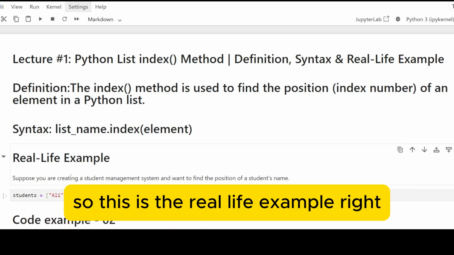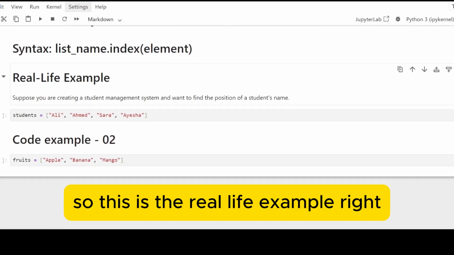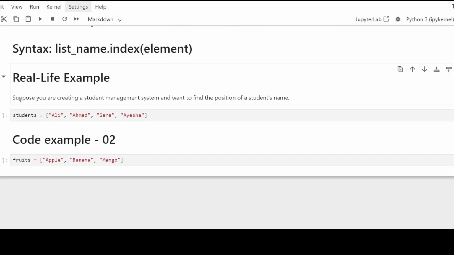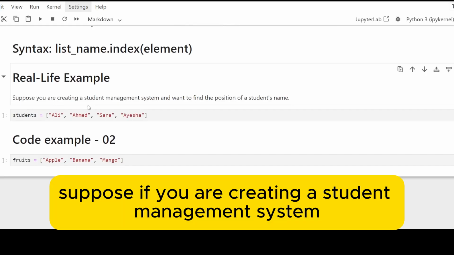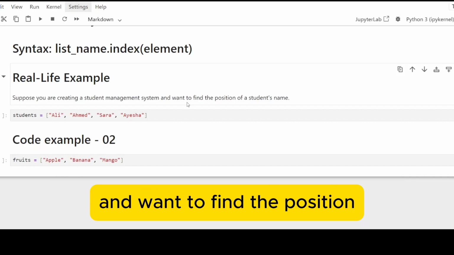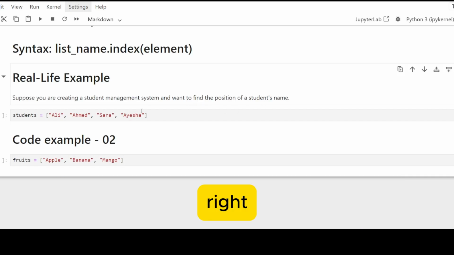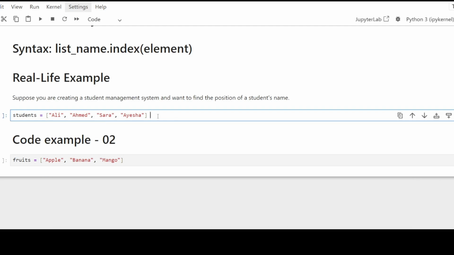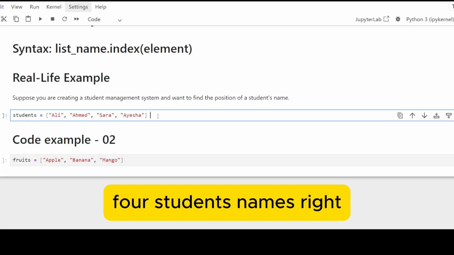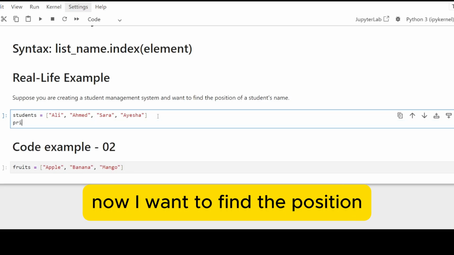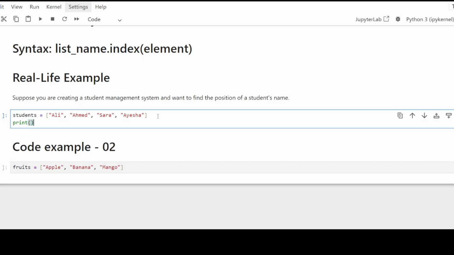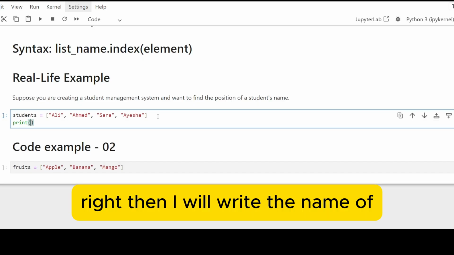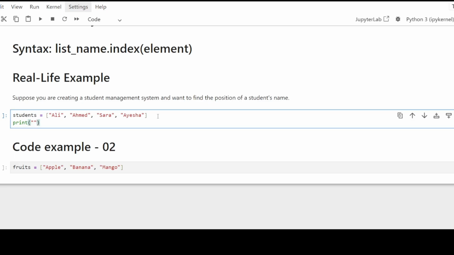So this is the real life example. Suppose you are creating a student management system and want to find the position of a student. We have a list in which student names are stored. Now I want to find the position, so I will write the name of Sara,